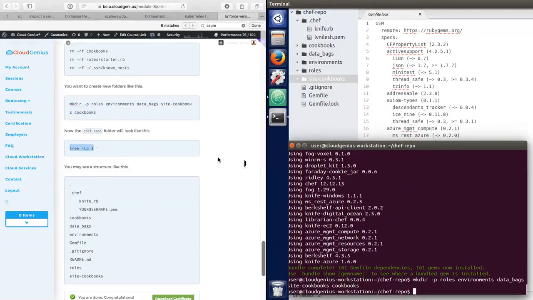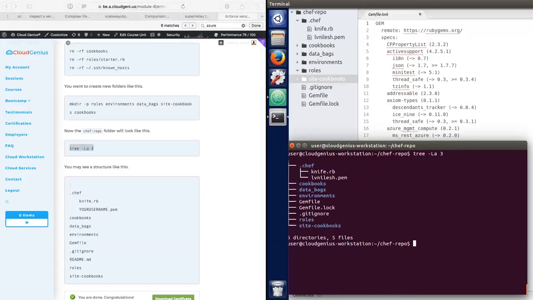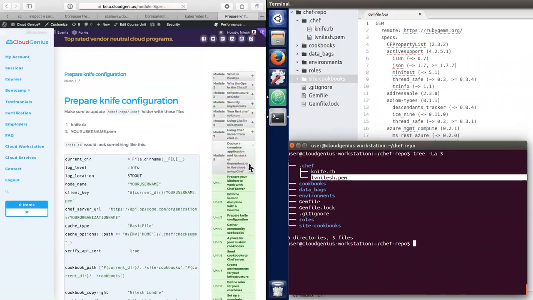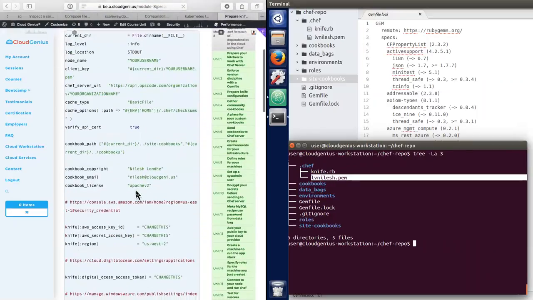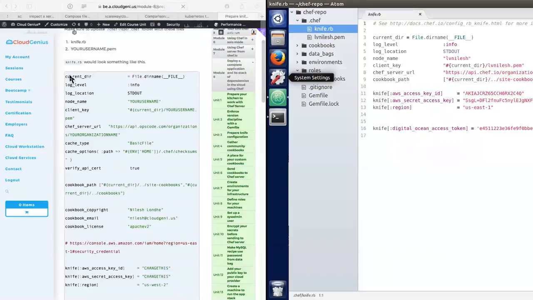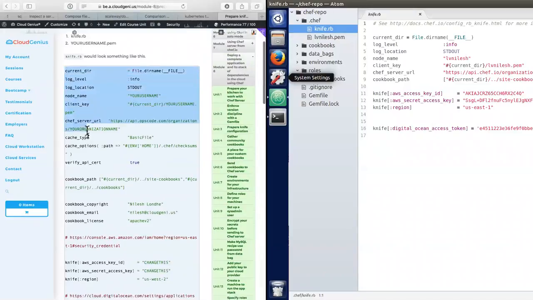Now in our tree structure, you can see it looks like this. So we have this, and these folders are empty. Gem file, lock file, and the credentials in this location, and a private key for Chef server. That's it. With that, we proceed forward. Next, we want to make sure that our knife configuration is in line with what we expect. So a little bit of changes here. You will see they're not necessary, mostly cosmetic changes. And the changes are, let's take this knife configuration as is from here